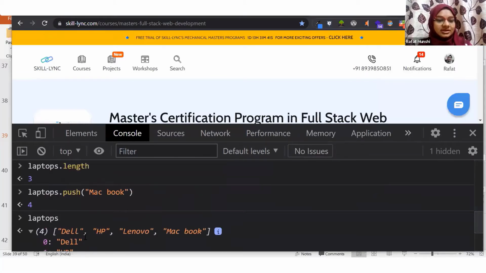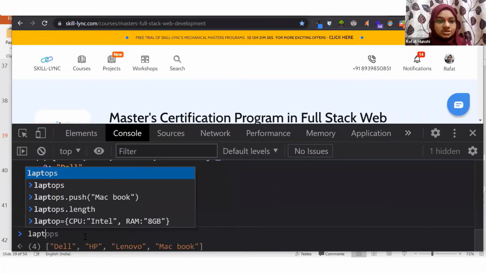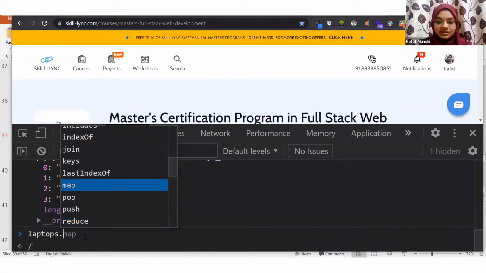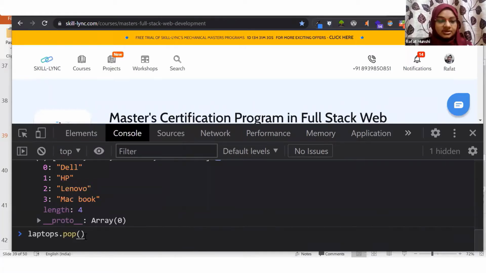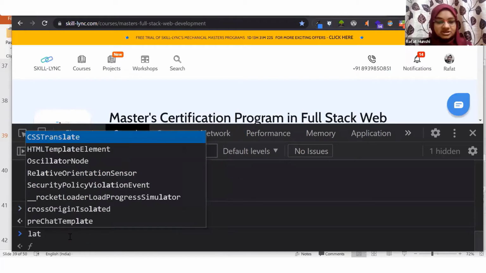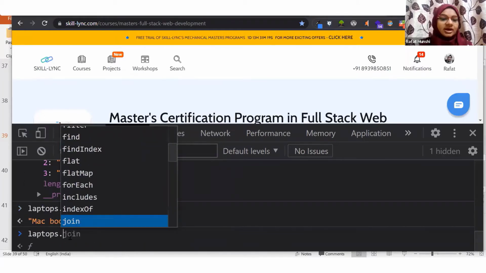Okay. So now you have this array over here, and you can just check on your Google Chrome. There are so many things, I just pushed something. Now, if I want to pop the last element, I can simply call the pop method, and that is going to pop MacBook for me. It is going to be removed from the array and popped to me. So many possibilities. You can just keep checking what each of these things does. Again, if you don't understand, if you want to really know what each of these things does, where is the documentation you will find of JavaScript? Can people put on chat what I told yesterday? Where is the documentation you will find for HTML, CSS, and JavaScript?